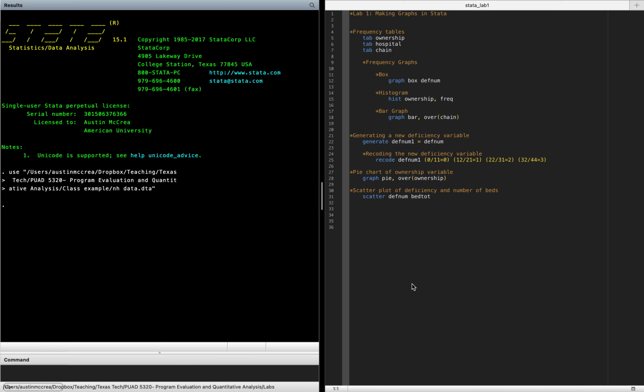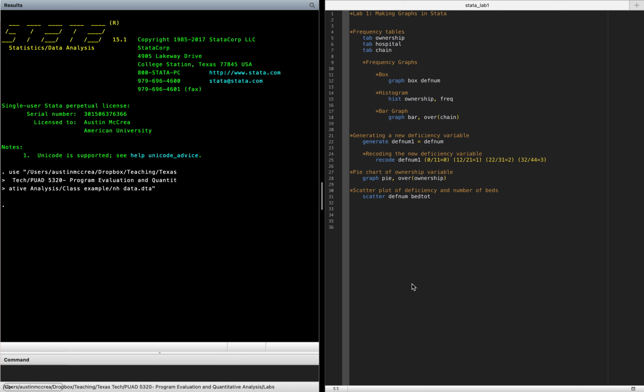So the first step is to open Nursing Home Compare in Stata, and to save a new copy of the dataset somewhere on your computer, giving it any name you'd like. All right, so we already did that in the previous lab, so we can already go ahead on to step number 2, which states to identify and explore the data browser and data editor. And we're going to obtain frequency distributions for all nominal and ordinal variables, except the actual identifiers. And so for this step, what we're going to do is obtain frequency distribution for the variables ownership, hospital, and